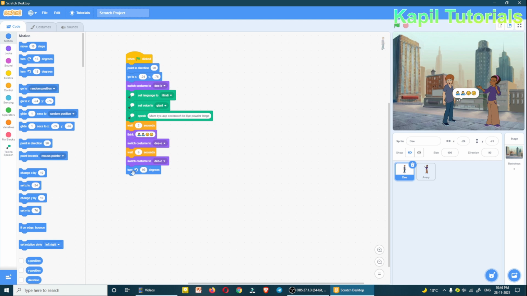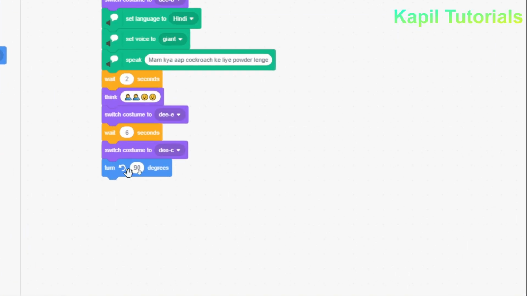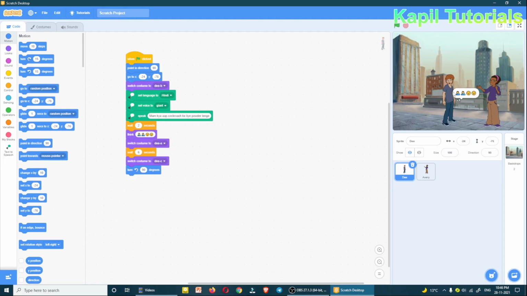And then afterwards the same thing, after making it to 90 degree, because when I'll use this command turning to 90 degree, it will turn this side. I'll show you how. It will turn like this side, but it seems it is in the air, so I have to put it down also.